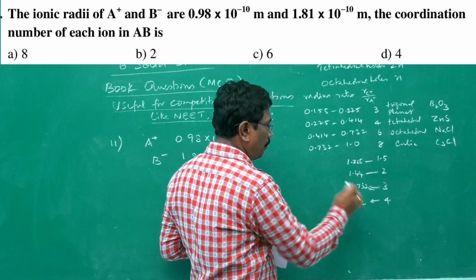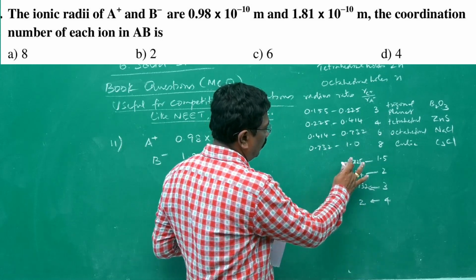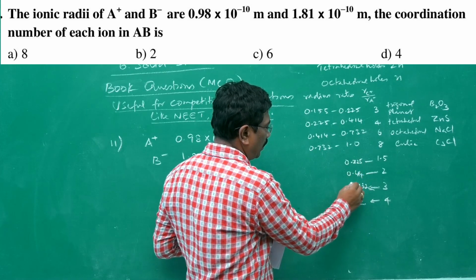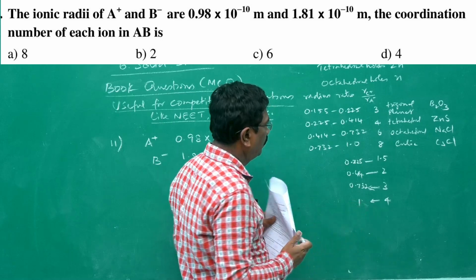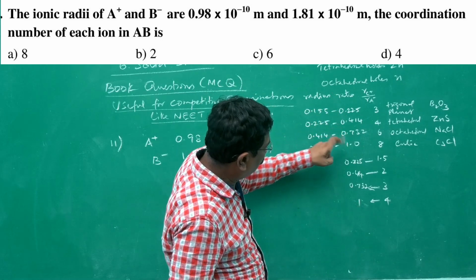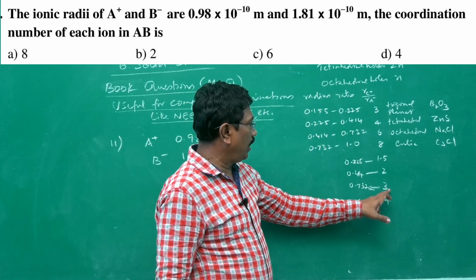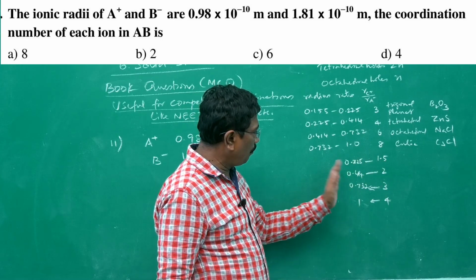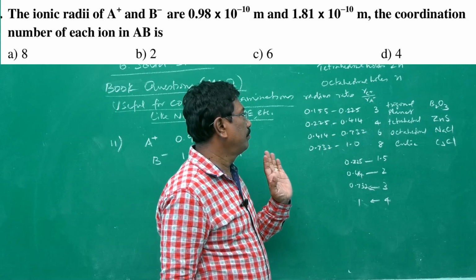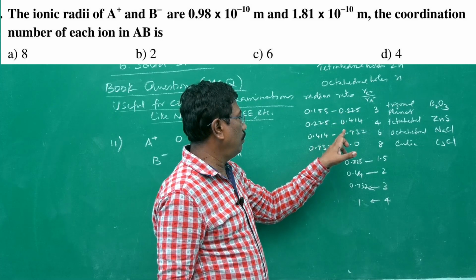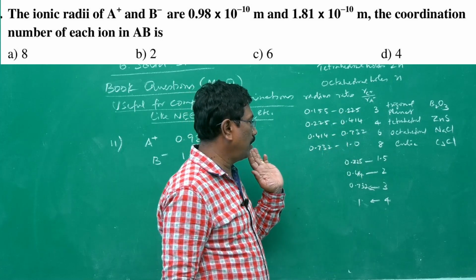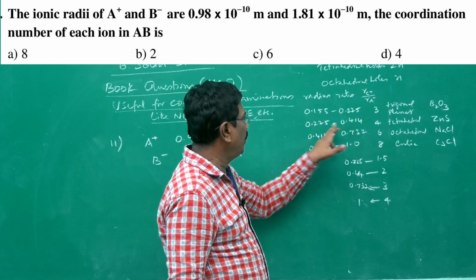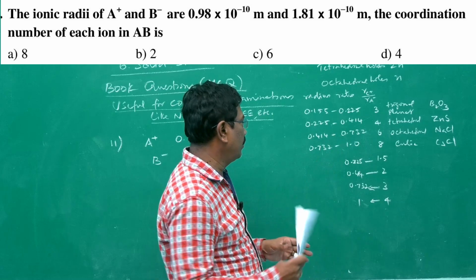Subtract 1 from this number. If I subtract 1, it will become 0, it will become 0.414, it will become 0.732, it will become 1. Those values are found here: root of 4, root of 3, root of 2, root of 1.5, and the values we are getting minus 1. That's all. So you will be getting 1 point, 1 point, 1 point here too. Here subtract. So between this value, coordination number 3, between this radius ratio, 4, likewise it goes.